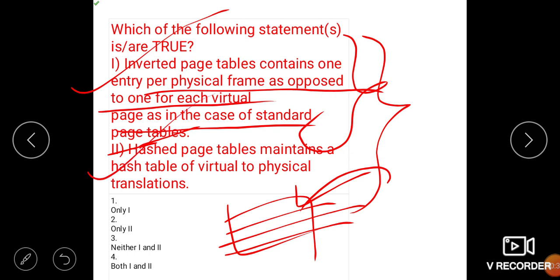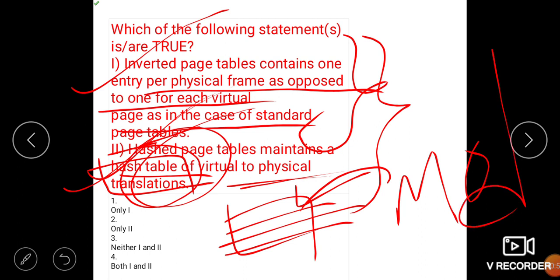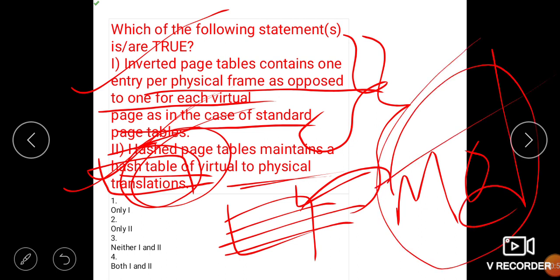And a hashed page table maintains a hash table for virtual to physical translation. It is also true because we use a hash table to transfer from one method to another, we use mod in the hash table. So this is true.